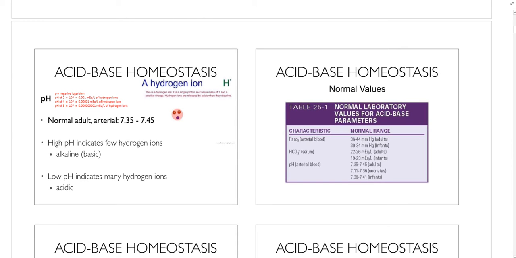And a little bit of this kind of helps me understand pH a little bit better. The P in pH implies that it is a negative logarithm, and the H just stands for hydrogen. So we are measuring the negative logarithm of hydrogen concentrations in the blood. Since we don't work with logarithms that often, if we were to have a pH of 2, which is about what gastric acid is, a very acidic substance,